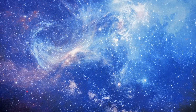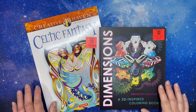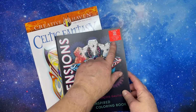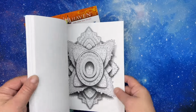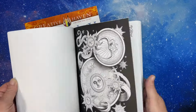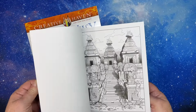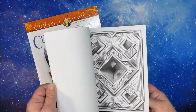So, I was at Hobby Lobby, and I did not have either one of these. This has been around, so you can see $2.99. Dimensions 3D inspired coloring book. I've seen people do stuff in this, and it just comes out amazing. I wanted it, but I was gonna order it. It's in my basket at Book Outlet, because it's still a Book Outlet too. If there's no Ollie's or discount store,